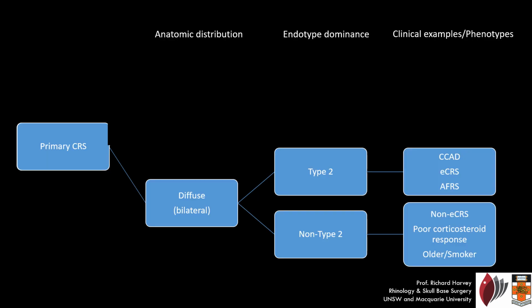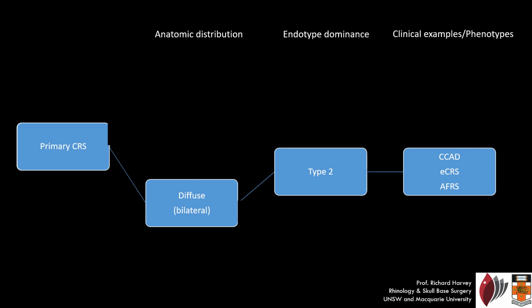So I'm going to talk about the diffuse disease because I think this is where sometimes the message is not clear about what really needs to happen in these patients. And we understand that there's diffuse disease, there's type 2, and we'll talk about this here in a moment because that's the most common, and there is a non-type 2 variant. So type 2 is this disease, and one